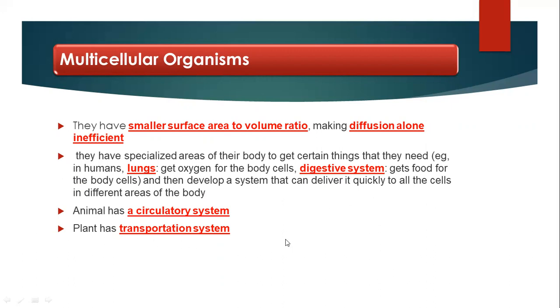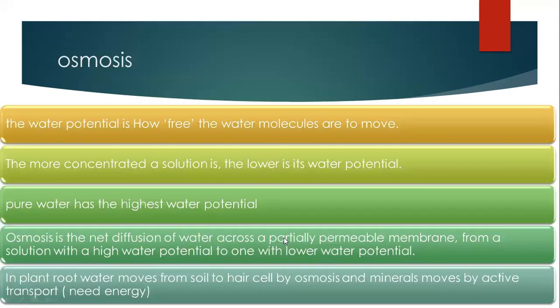But a plant has something called a transportation system. Osmosis, rapidly, osmosis depends on the water potential and how freely the water molecules are moving. How does the water move from place to place through a semi-permeable membrane, or a partially permeable membrane, and it moves from the area of higher water potential to the area of lower water potential. And in the case of osmosis, it is a net movement of